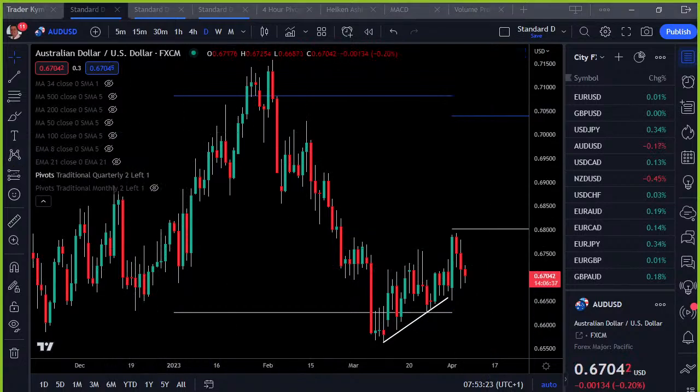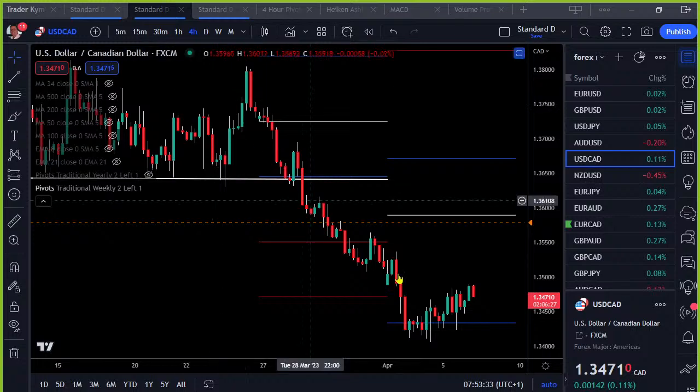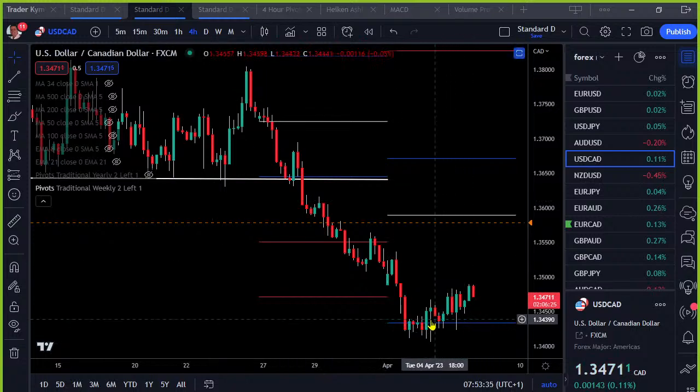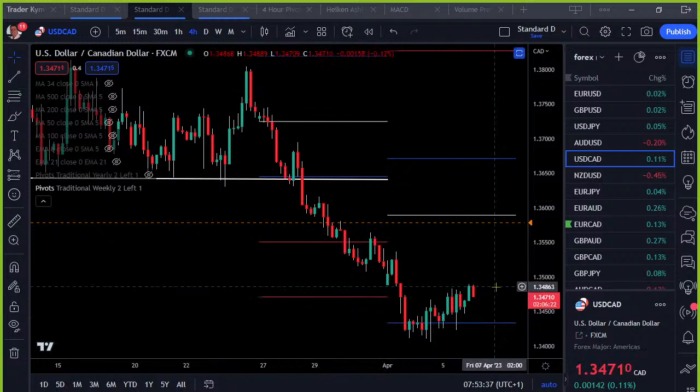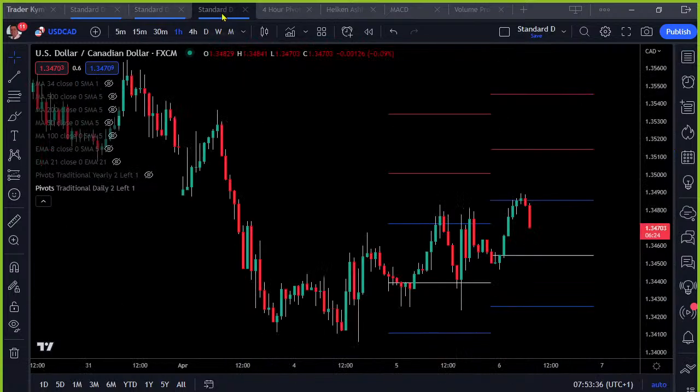US dollar CAD. There we go, we click on this. It's still rising a little bit at the moment, so it's performing a little bit of a flag as well, but not so clear on the daily. It's a little bit clearer on the shorter time frame, but struggling at the moment to do too much. There we go, it's rolling back, but it seems to be a rising channel it's falling back into.